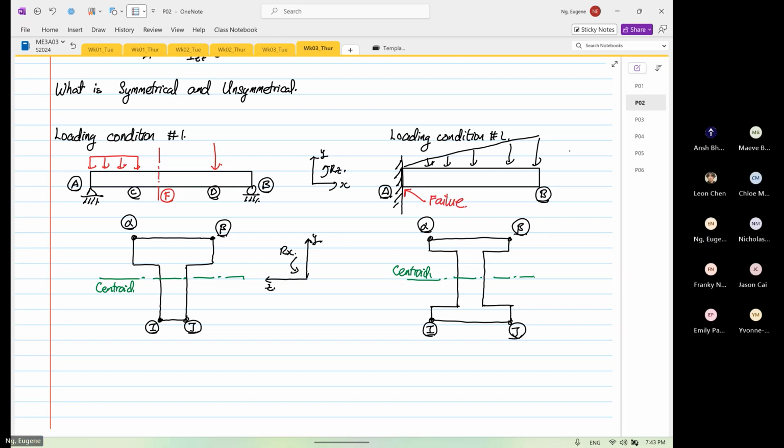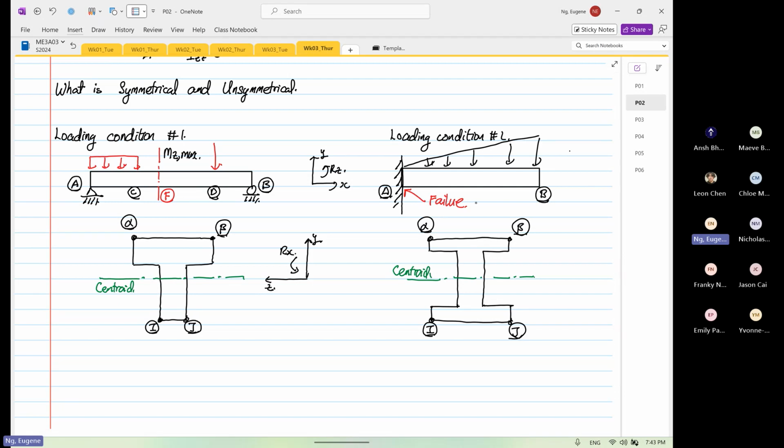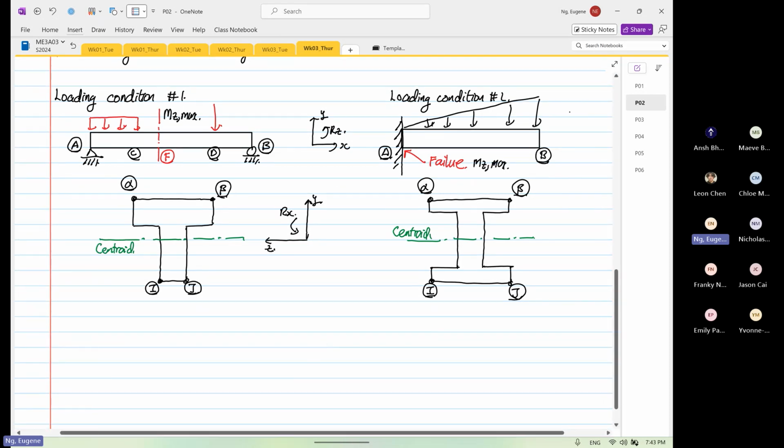When we calculate the failure, we will get our moment about Z max. Over here, at our failure, we will also have our moment about Z max. So when we apply the formula,